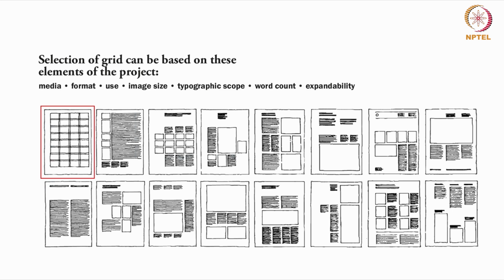This is another example of a modular grid. This example is there to give you an idea of how this modular grid can help you to create consistency. At the same time, it can help you to create balance. So this kind of template you create when you work on a publication design and when you design each page. Here the basic unit is these rectangles, and when these rectangles are combined, sometimes it becomes 2 column, 4 column, or 3 column, and accordingly the breaks happen, and you can create a very interesting layout.